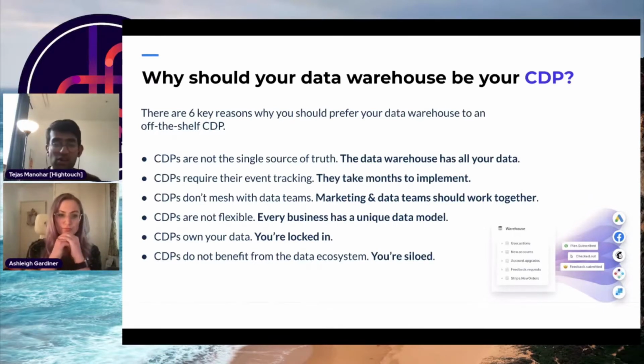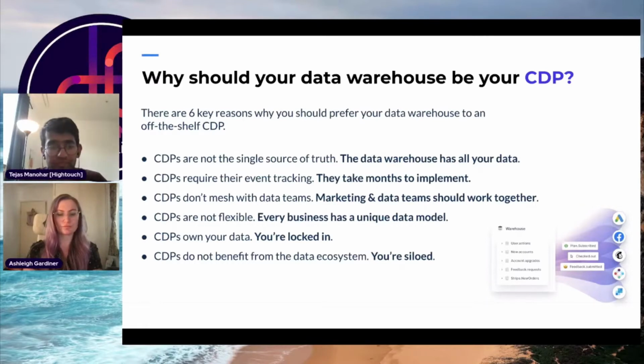because the rest of your company and the rest of the ecosystem, when you think about players like Fivetran, Snowplow, etc., are really investing in the data warehouse as a source of truth. All these solutions kind of write into the data warehouse, and few of these solutions actually can natively write into a CDP solution. So more and more, we started realizing that at companies above a certain size, the data warehouse was the only place where companies really had all their data, and that CDPs only had a partial view of